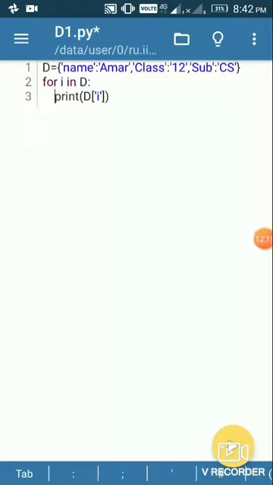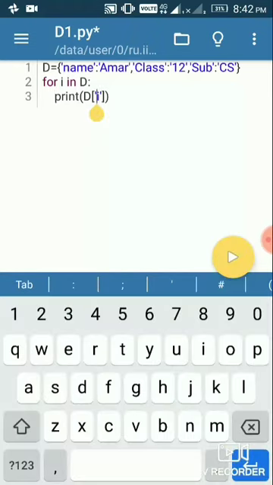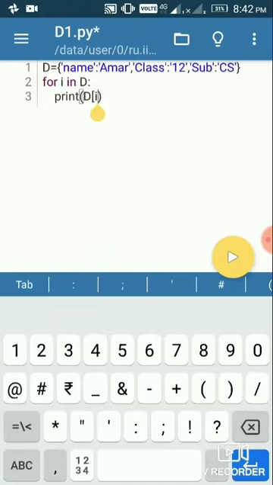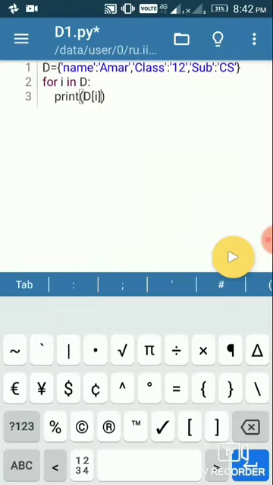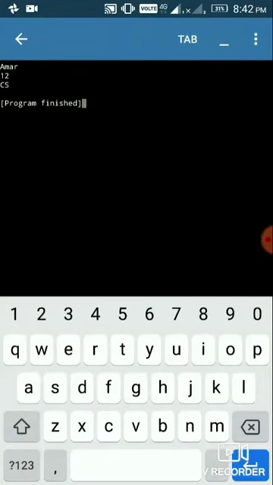The problem is that i is a variable, so the variable must be outside the quotes, then the closing brackets. Then let's run this program again so that we get Amar, 12 and CS, the values of the 3 keys.